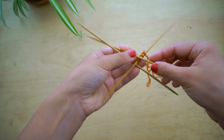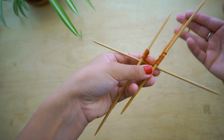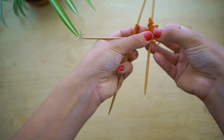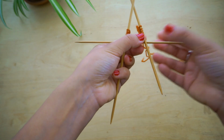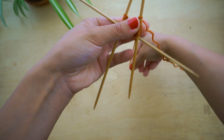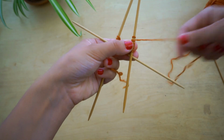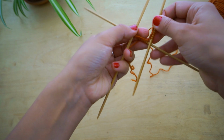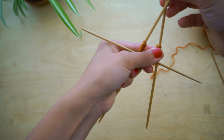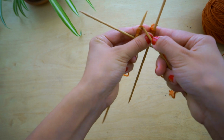And because there's that appearance of the purl on both sides, when it comes to joining the Old Norwegian cast on stitches in the round, there's actually much less of a difference than there was with the cable cast on. So here I've gone ahead and divided up my cast on stitches across 3 needles. And again, making sure that I'm not going to be knitting with the tail, but actually with the end that's attached to the ball. So I'll just make sure that my stitches are not twisted, that they're all hanging down in the same direction. And now taking the working yarn, I'll just begin to knit